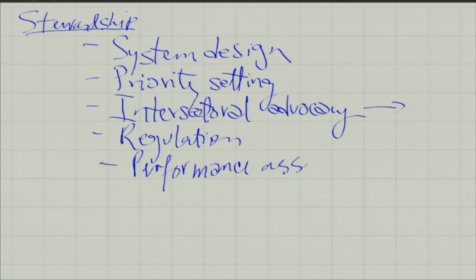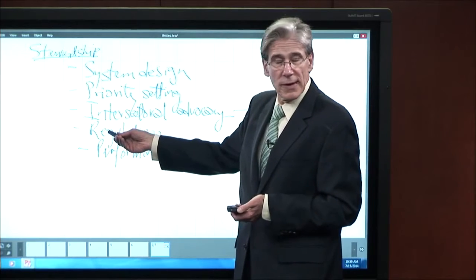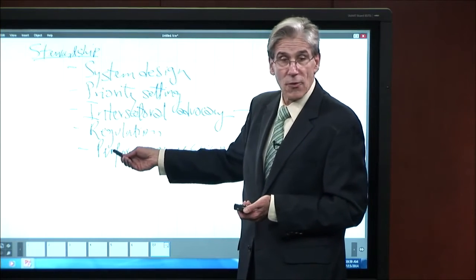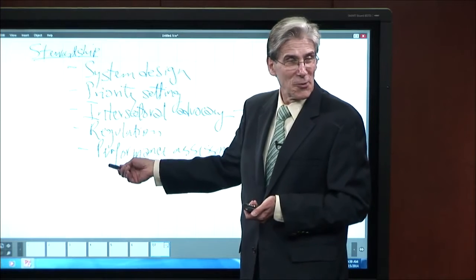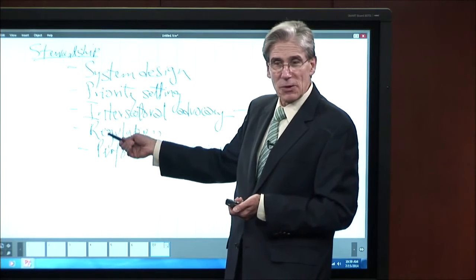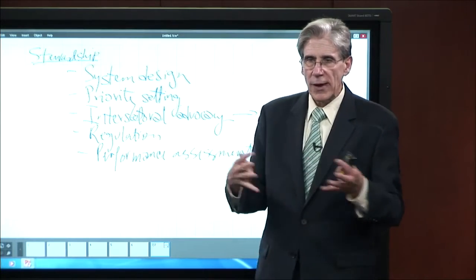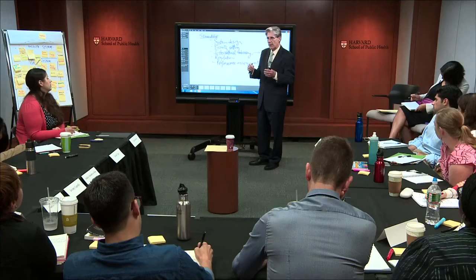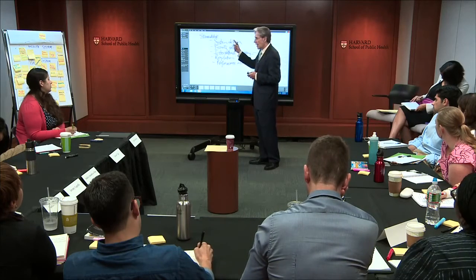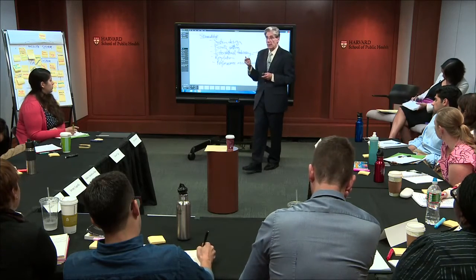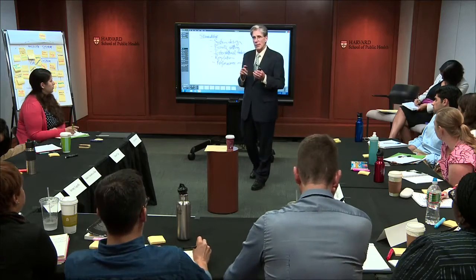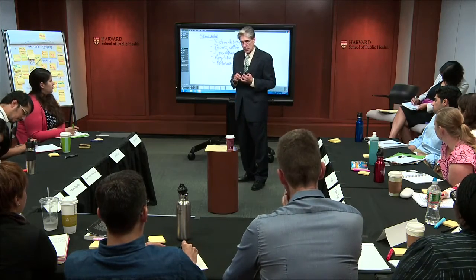But a big instrument for stewardship is to be able to tell the other elements of the health system how well they're doing. And then if that leads to some decisions on regulation, for example, you lose your accreditation if you don't do well, then it becomes a very powerful element. So this is the function of functions. It regulates how everything else in the system happens. And it's a very important, misunderstood, and very often underemphasized function of the health system, okay?